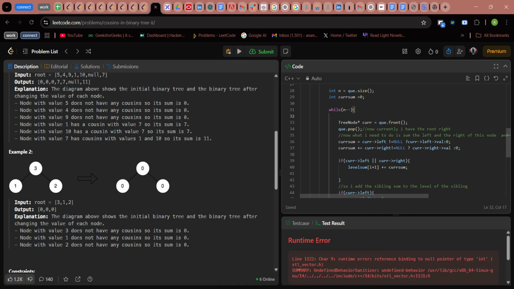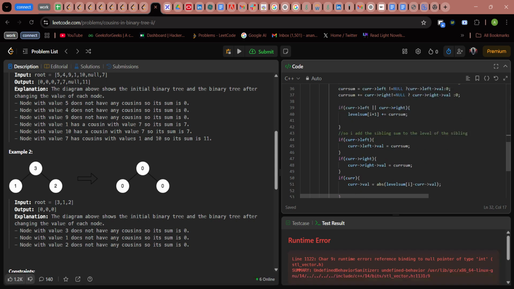Current sum is zero. Tree node q dot current sum. Current left exists, does not exist, zero. Left is not equal to null, then add. If current left is not equal to null, then the value of current val is zero. And if the current val, okay, it's good. Level sum i plus one is current sum. Okay, if current left exists,